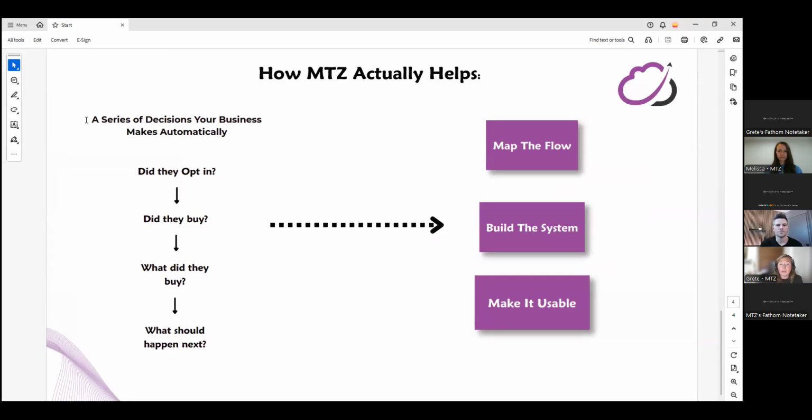So we help you determine the series of decisions your business makes automatically. That's where the automations come in, whether it's Go High Level, Zapier, ActiveCampaign, ClickFunnels, or whatever. Did somebody opt in? Did they buy? What did they buy? And then what should happen next? So what MTZ does is we help map the flow, we build the system behind it, and then we make